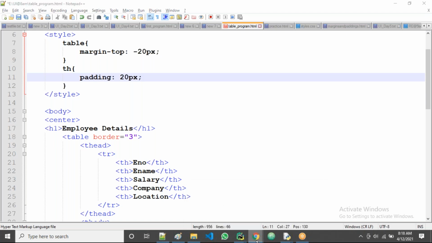I'm taking padding 20, what does it mean? Yes, it means it applies 20 pixels on 4 sides, guys: top, right, bottom and left.